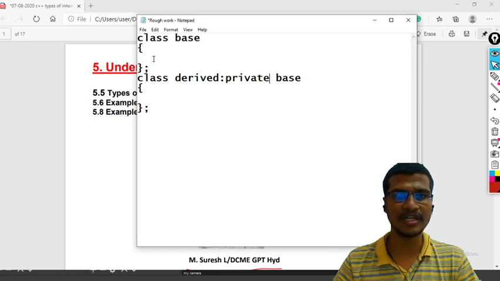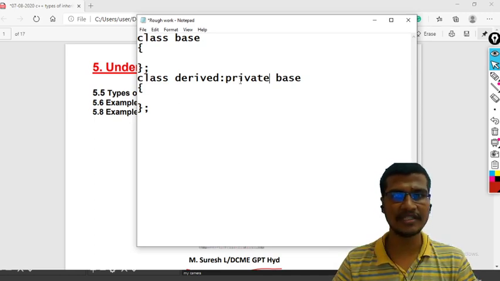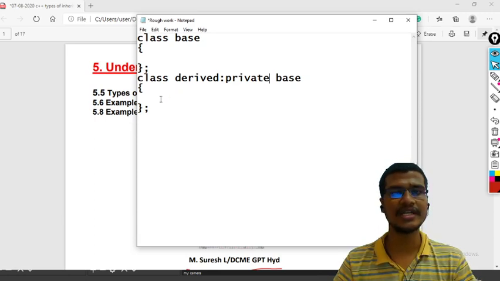In case of private derivation, both public and protected variables in the base class will become private variables in the derived class. And if it is protected derivation, then both public and protected members in the base class will become protected variables in the derived class.